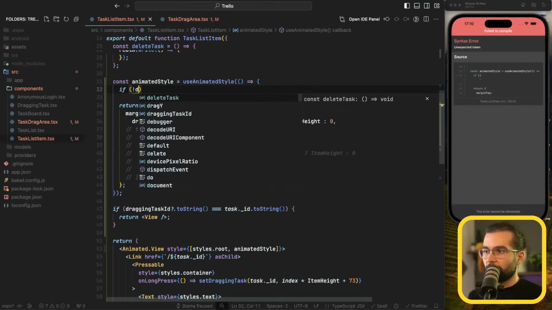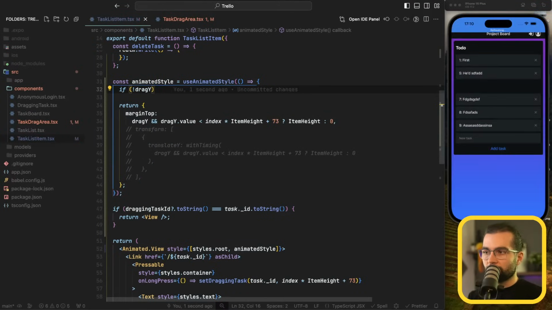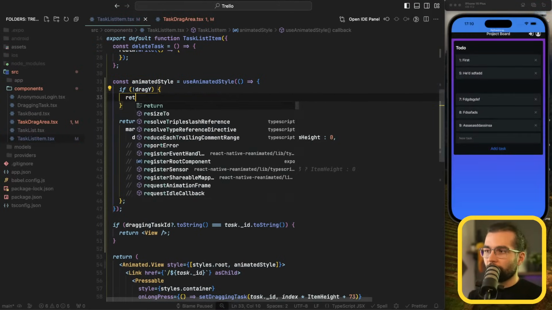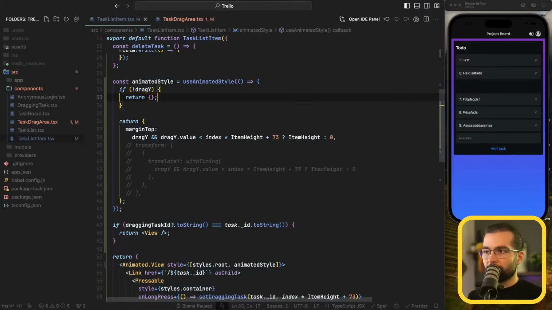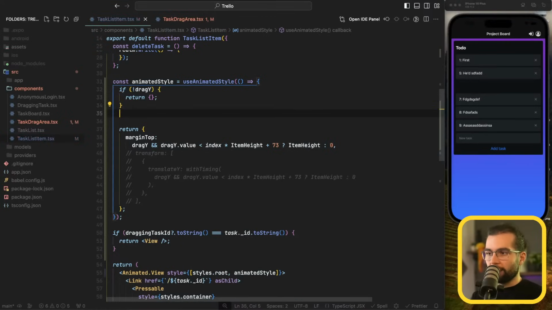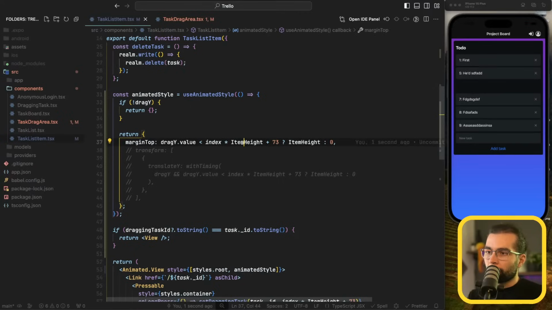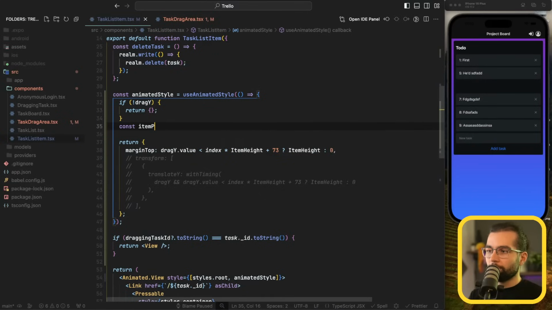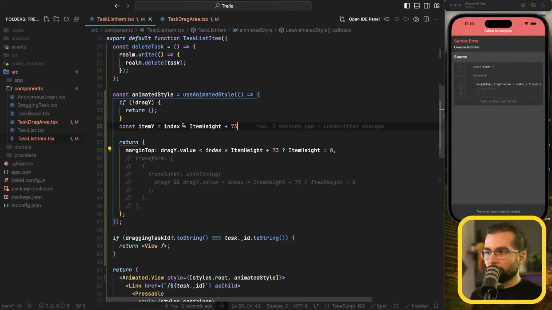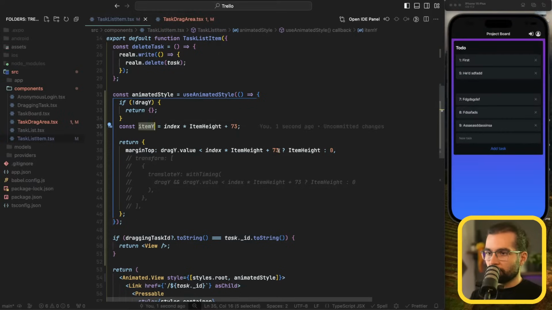First of all, if drag y is undefined, we're going to return an empty object because there is no style there. Then we don't need to check this one here anymore. It's going to be a bit easier. Item height plus this. Const item y equal to this value, just to make our conditions easier. So in this situation, we're doing if drag y is lower than the item y,